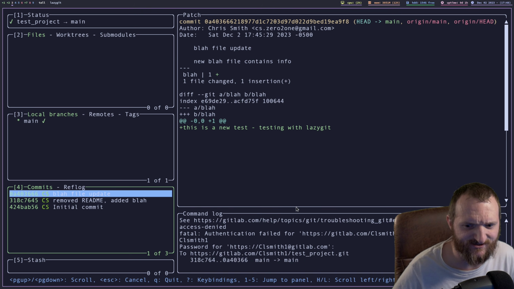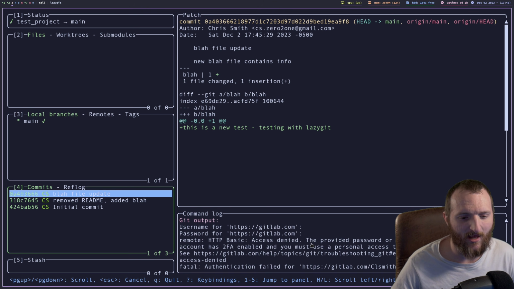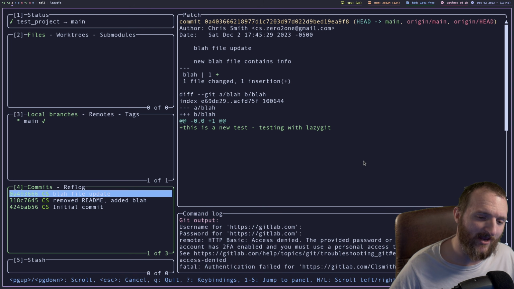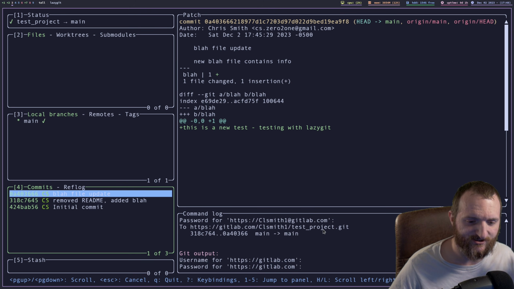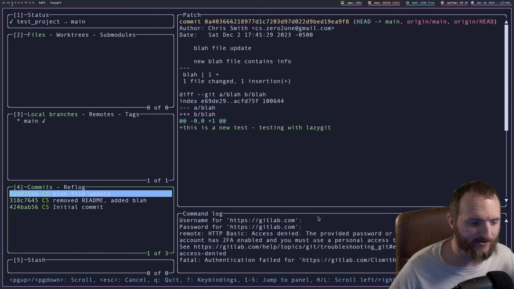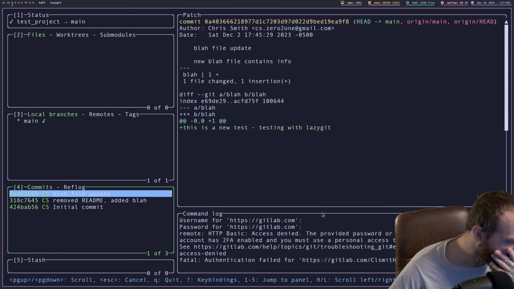But yeah, it still works. So just be aware that if you haven't set up an SSH token, the Lazygit panel and the log down here is going to complain until you get that set up. Okay, so